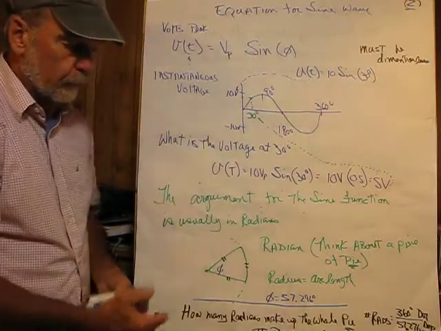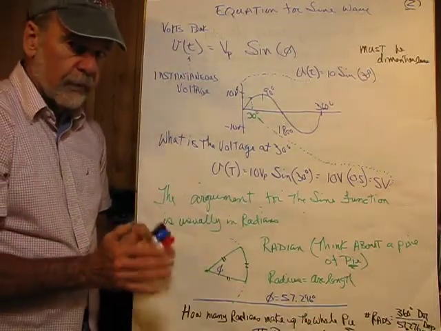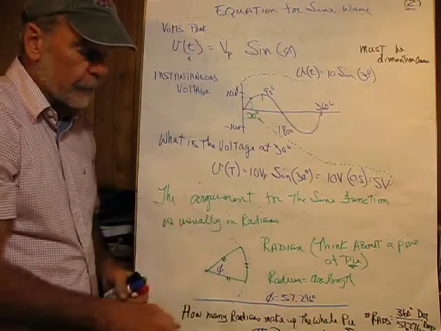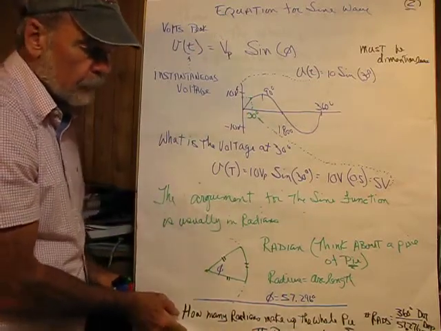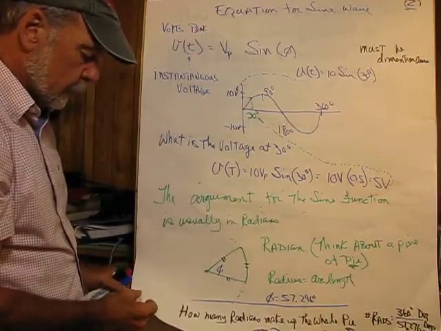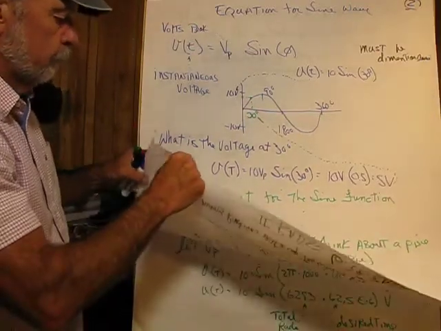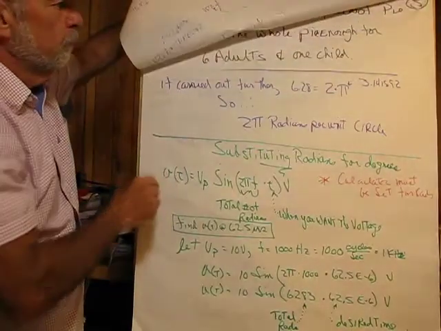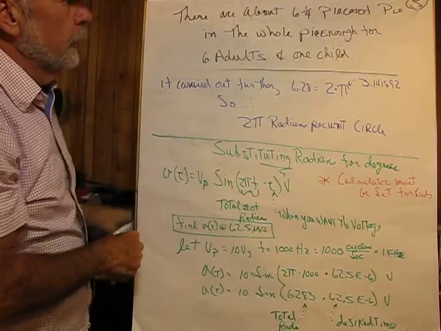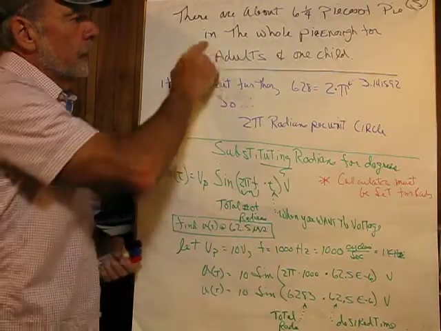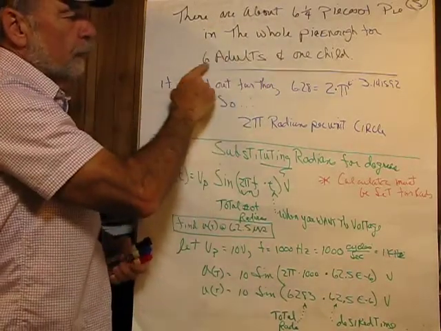So we're about 6 1/4 pieces of radian pi in 1 complete pie. Okay, 6.28. So if we look at it this way, 6 1/4 pieces of pie, we can feed 6 adults